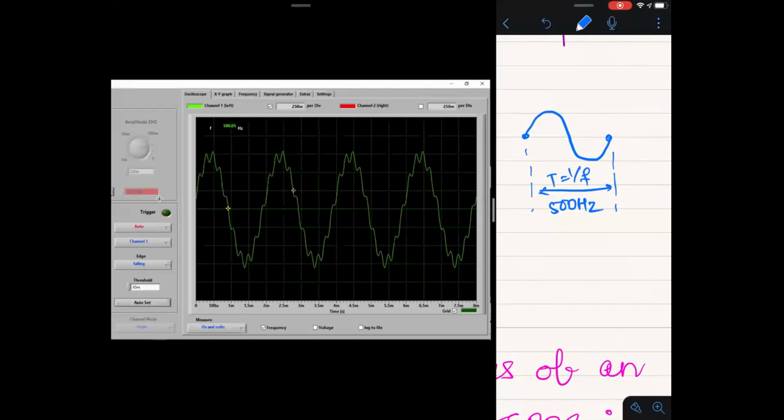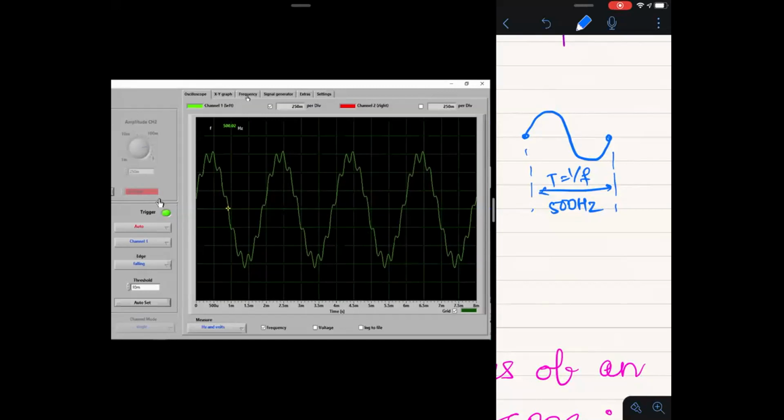Now just think that suppose you are doing a hardware experiment. You don't know what kind of signal is actually present on your hardware, and when you connect the probe to the terminals, suddenly this kind of waveform appears in front of you. You cannot say what the nature of this noise is and what kind of frequency component it contains just by seeing this waveform. So to do that, you will need a tool which is present here in the scope.